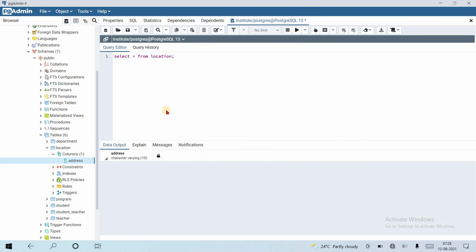That's it. Suppose let's insert some values into the location table. Insert into location values, the column name is address.